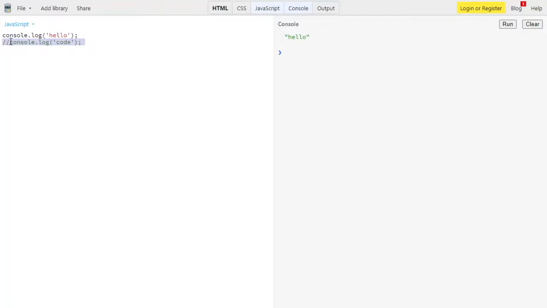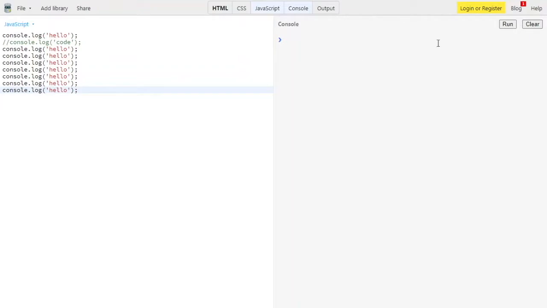And we'll show you what is meant by a multiple line comment. For example, I just copy this using control C and then paste it down here. I'm clearing the console and try to run this.